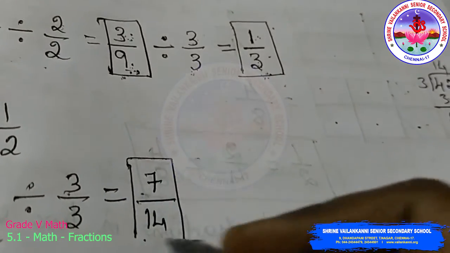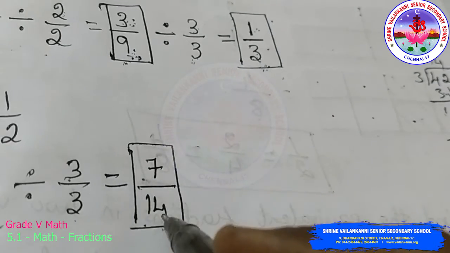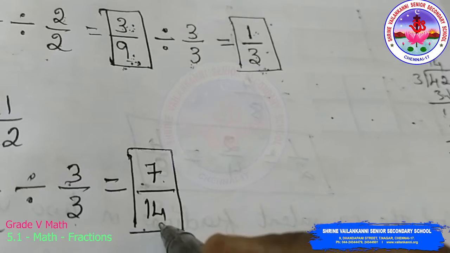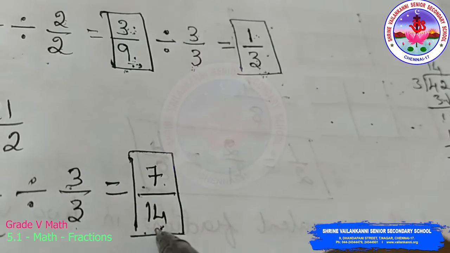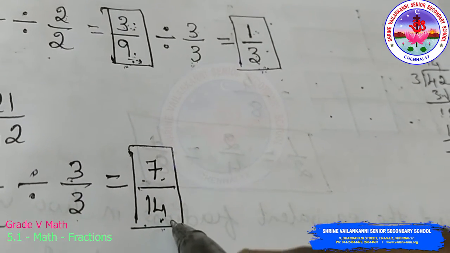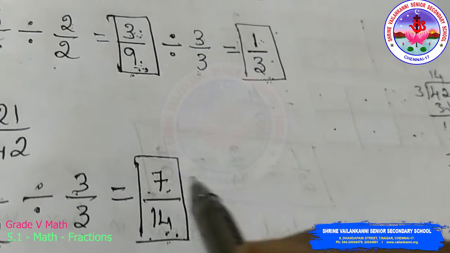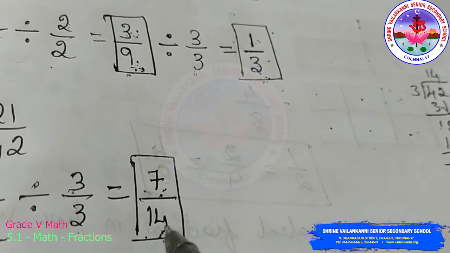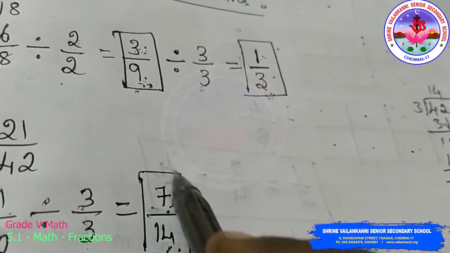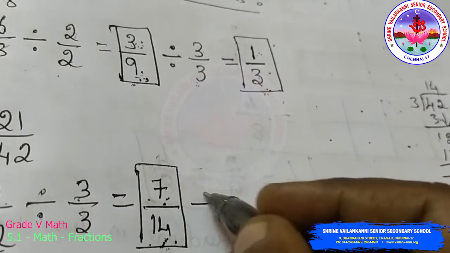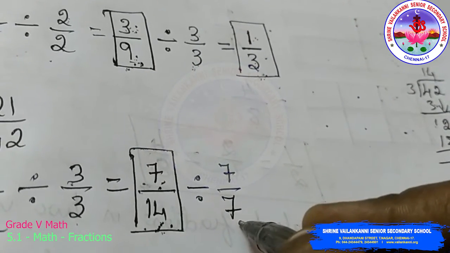Okay. So now again you can check whether there will be any common factor for this 7 and 14. So this 7 and 14 will be a common factor of 7. In 7 table only we will get 7 as well as 14. Other than 7 table we will not get this 7. Only in 1 table and 7 table we will get 7. But if you take 14, in 2 table also we will get 14 and 7 table also we will get 14. But since this 7 you will get only in 7 table, I am taking a common factor as 7. So that has to be divided with both numerator and denominator.